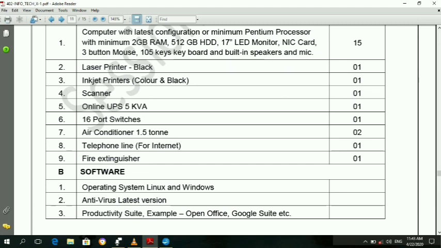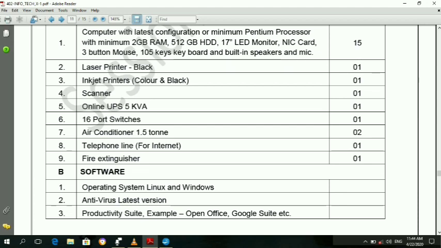I hope the whole syllabus is clear to you. How many units do you have? Basically 5 units we will cover in part A and 4 units in part B. One by one we will discuss them. Don't worry, the length of this syllabus is 15 pages.